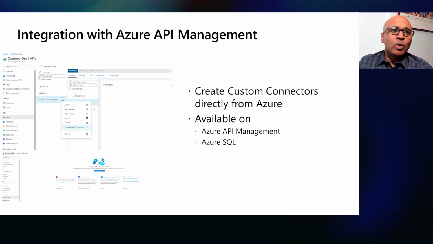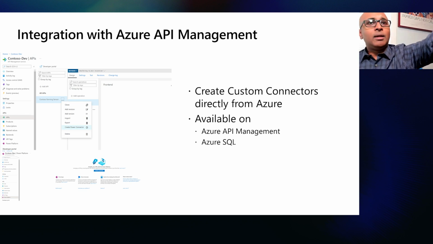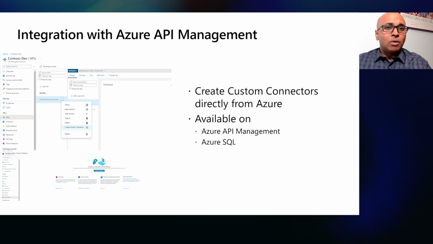And then from there, we can now orchestrate connectors directly. So if there's an API that we now want to use within a Power App, we can just do so directly from the Azure experience. And so now customers don't have to have a separate experience where they go and register an API inside API management, then come off of that experience, go into Power Platform, and then create the new connector separately. We have now melded those experiences together and allow customers to create the appropriate Power Platform API, or connector rather, directly from API management.